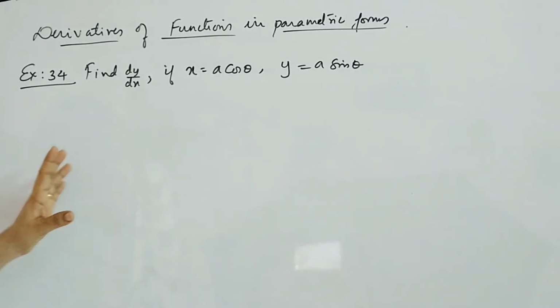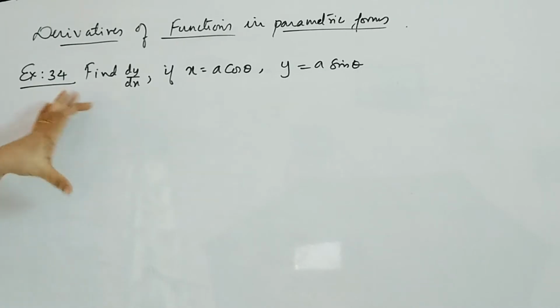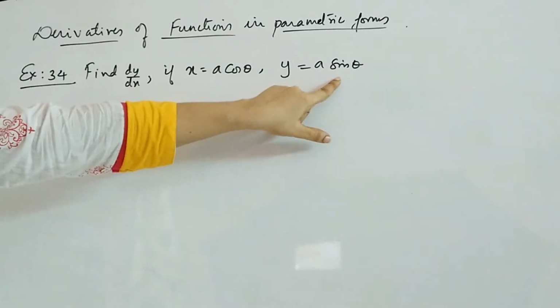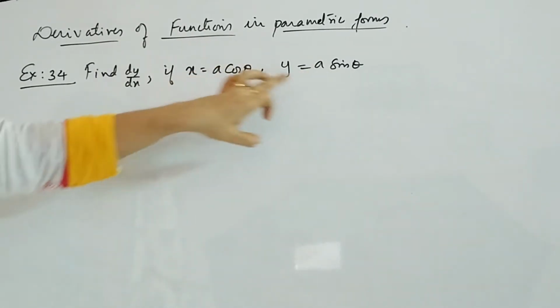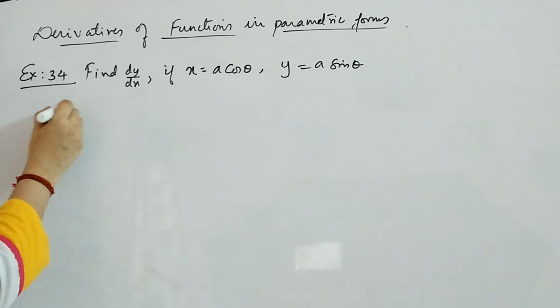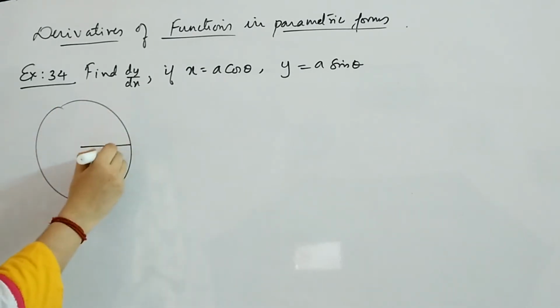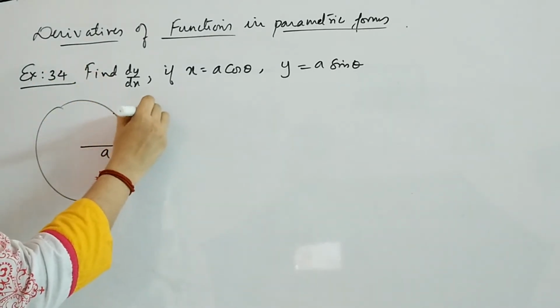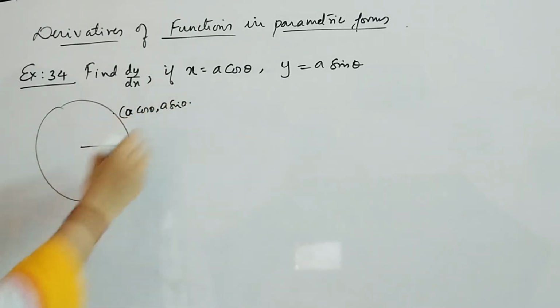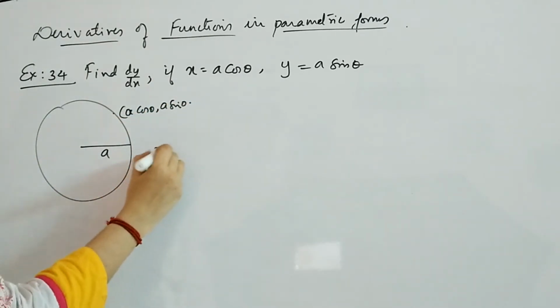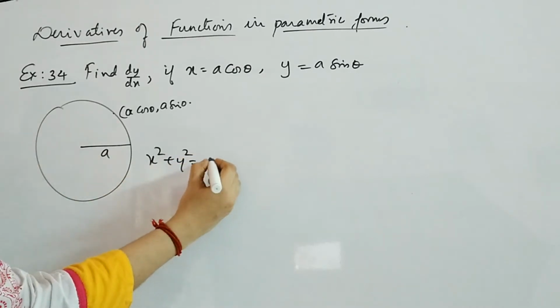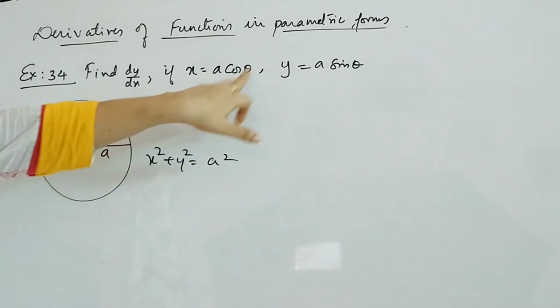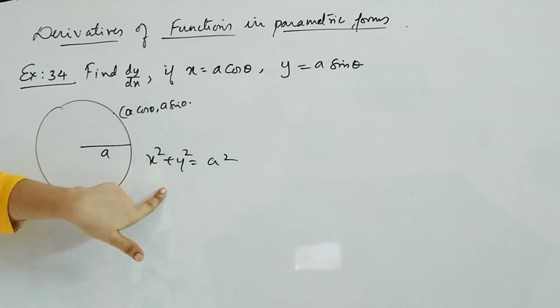These are all actually parametric equations of some functions. Okay, a cos theta, a sin theta will be the parametric functions of a circle with radius a. For a circle, any point will be taken as a cos theta comma a sin theta, because the circle's equation is x square plus y square is equal to, here radius is a, so it is a square. So this will satisfy the equation when you replace the x value and y value here.